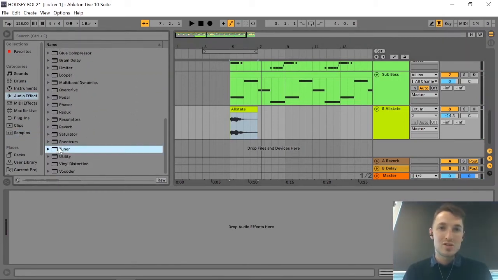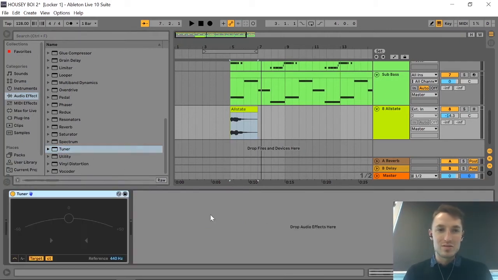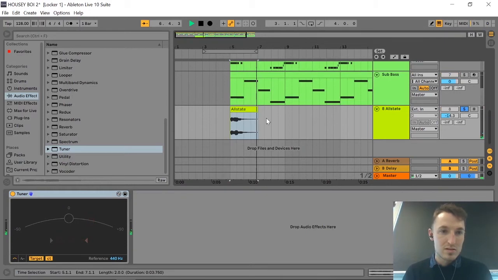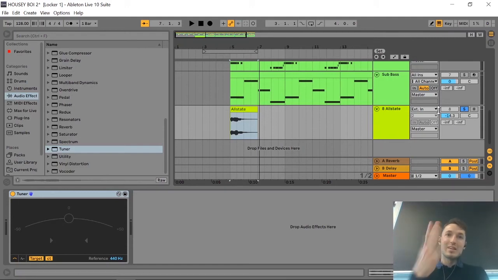Under audio effect tuner, I'm going to drag that onto it. So that is a bit sharp of an A. So just sharp of an A, and I'm working in E. So if I count up and go A, B, C, D, E, I'd either have to shift it up to E, so up 5 tones to get it up there, or